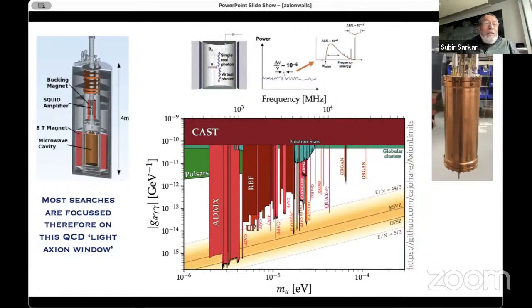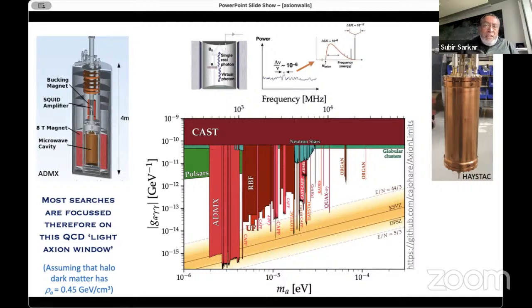Now, these experiments essentially exploit the axion to two photon coupling. So one photon is a virtual photon that is provided by a large magnet, and a passing axion can then convert that into a real photon, via that coupling I mentioned. And these experiments have reached pretty high levels of sophistication. So on the left, you have the ADMX experiment, and on the right-hand side, you have the Haystack experiment, which uses novel quantum sensors,